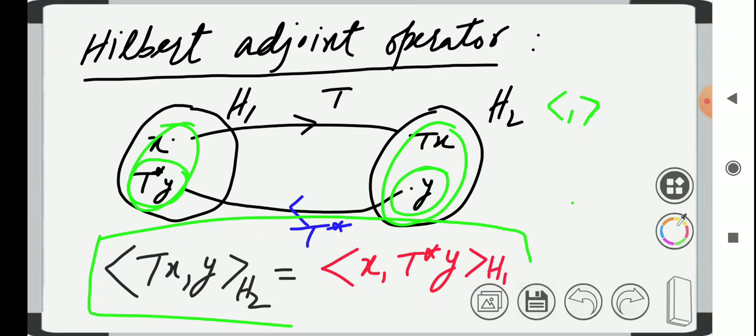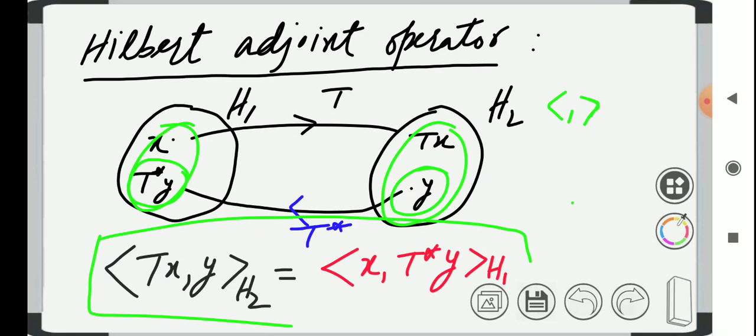We will show how this relation arises, and we will also show that this operator is unique. In the next lecture we will describe some examples of how to define this operator properly corresponding to some linear operators, and we will study its fundamental properties. In this lecture we will only study its existence and uniqueness.